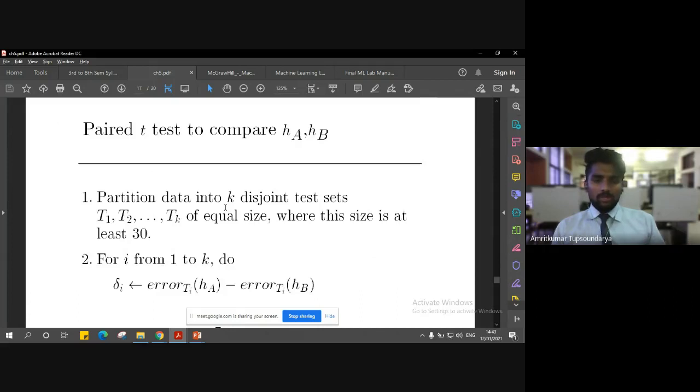By disjoint, I think you are already aware, since you have already learned discrete mathematical structures. Just to give you a view of it again: disjoint sets mean that none of the test elements from one set can be part of the other set. So there is no joint. They are disjoint test sets.